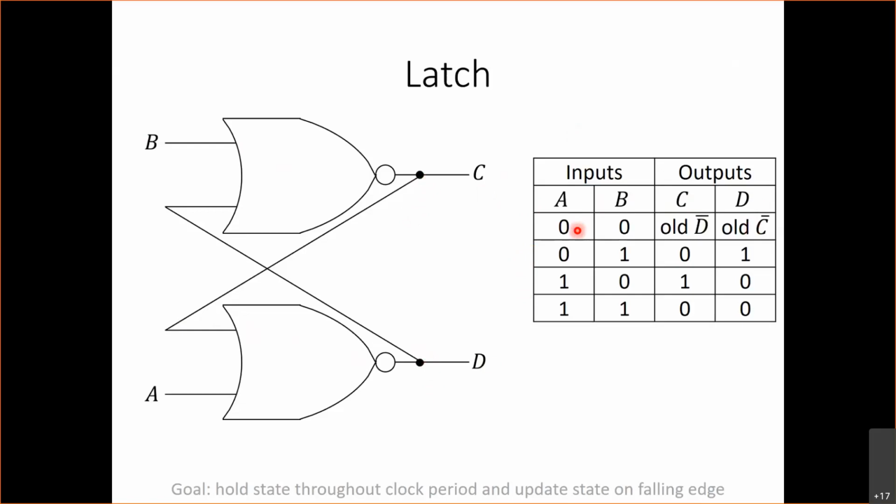that before we set A and B to 0, 0, they were set to something else, and C and D had values. What's going to happen when I set A and B to 0, 0 is that that value is going to stick, because if A and B are 0, 0, D is just going to be